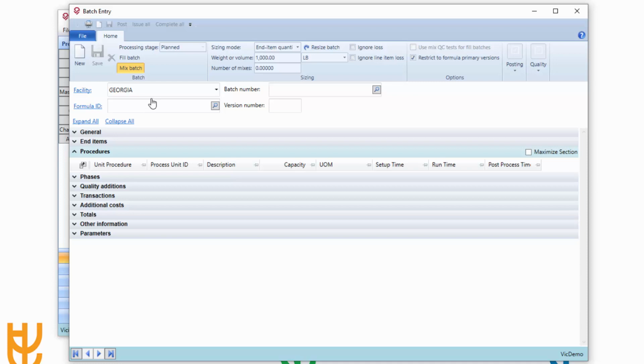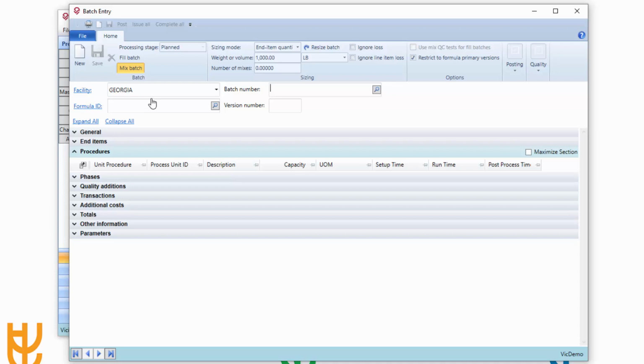Prior to this release, a batch could be created without a batch number. You could go all the way through, selecting the formula, even modifying the formula before you saved the batch, and at the time of save, a batch number would be assigned. This was causing some internal problems with current releases, but also some future development that we have, so we felt it was important for us to have a batch number identified as you're entering this data through the batch entry